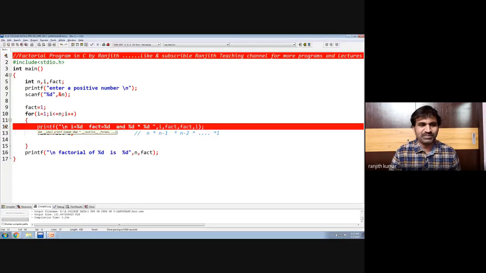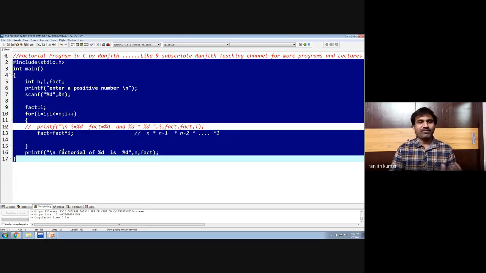So using a simple printf statement, you are able to read what is happening inside the program. Are we clear? So this is about the factorial of a given number. You can write the program as n into n minus 1 into n minus 2, or you can multiply from 1 to n or n to 1, both.